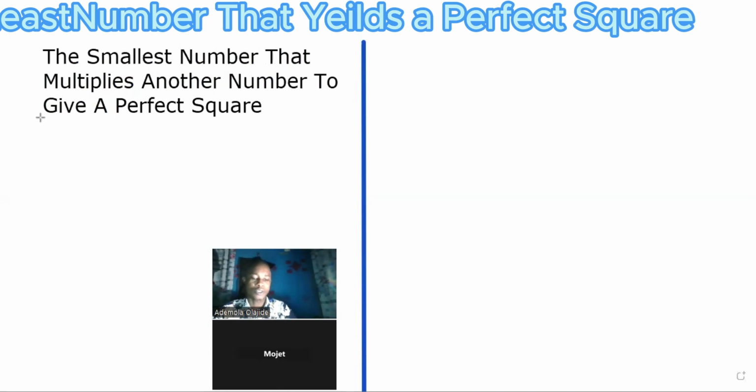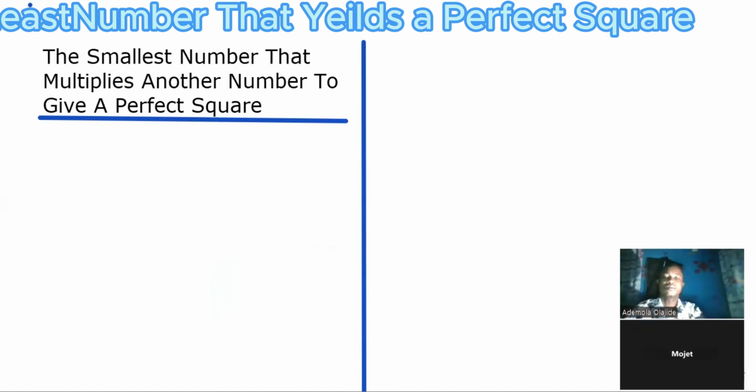The smallest number that multiplies another to give a perfect square. So we take an example and we say